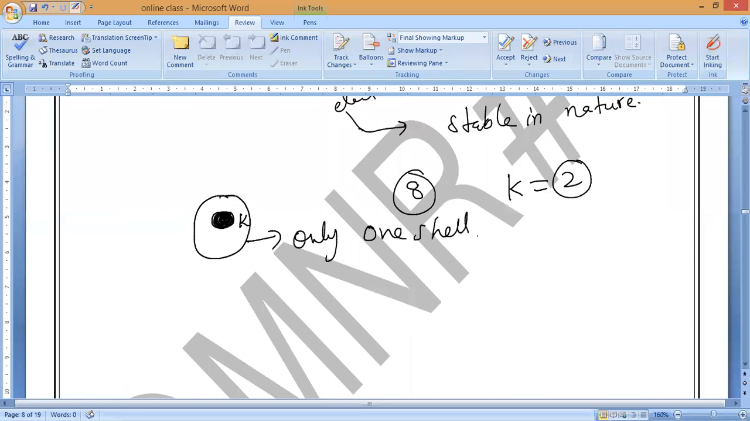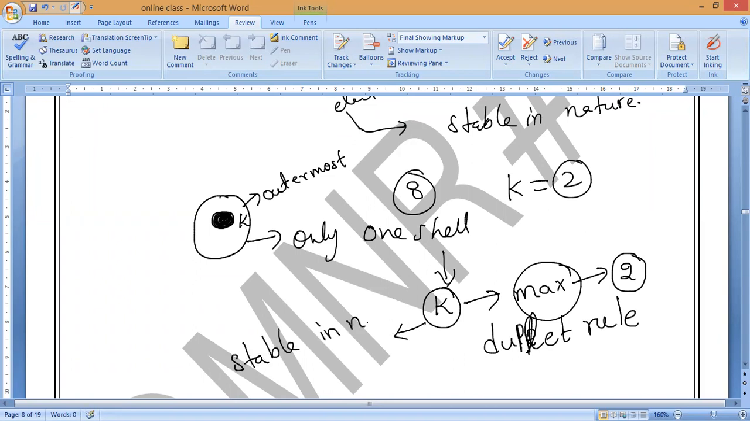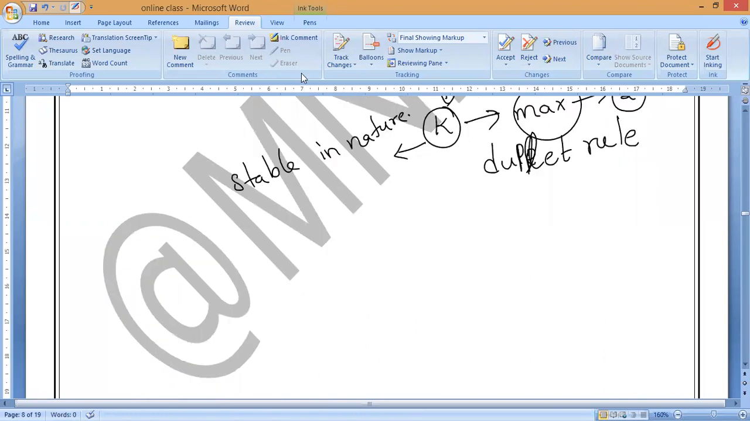So if any atom has only one shell, and that shell is the K shell, then the K shell itself is the outermost shell, and the maximum number of electrons which we can keep is 2 only. So this rule we call the duplet rule. In this case also, the atom will become stable in nature. Did you understand what I'm saying? This duplet rule is applicable only when there is the K shell,